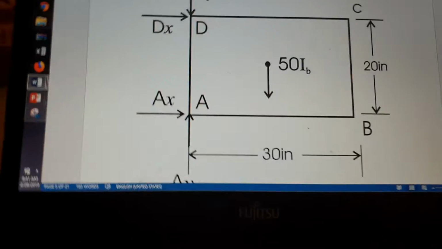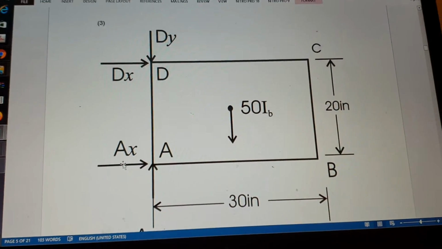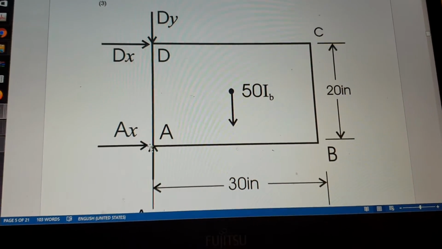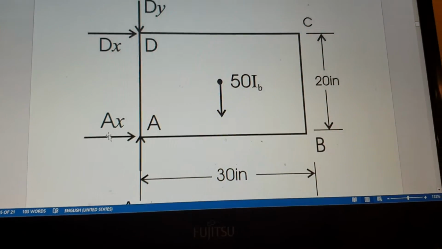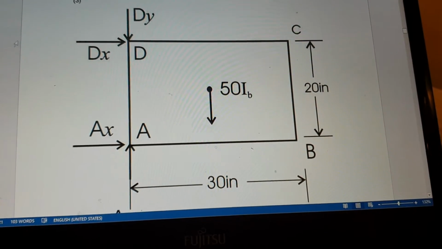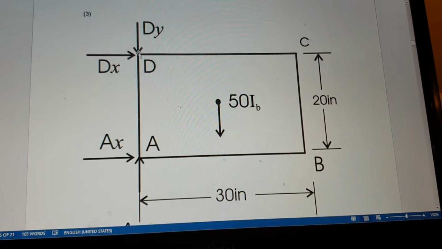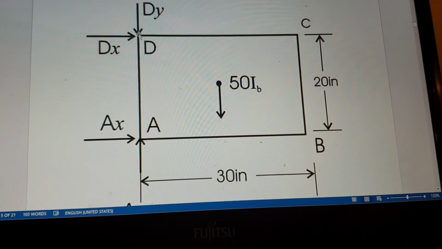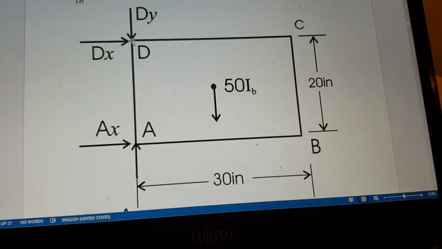Or, sometimes you have dx. We could find ax because summation of force at x is either dx or ax. There's nothing else in the ax, so if dx is that way, this is going to be the opposite of that. So if this is going to the negative x, this is going to the positive x. It's going to be the same number. But let's find summation of moment at D because the vertical are the ones that we will have a hard time with. So summation of forces at D,